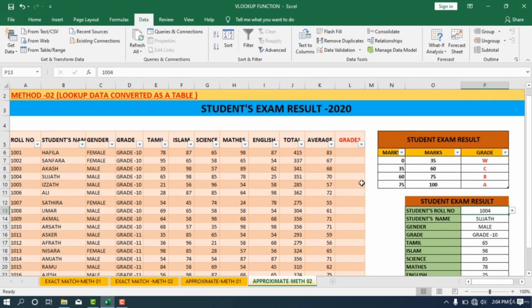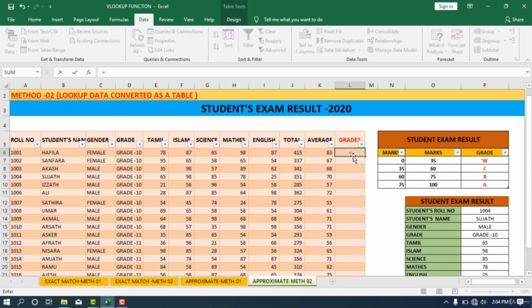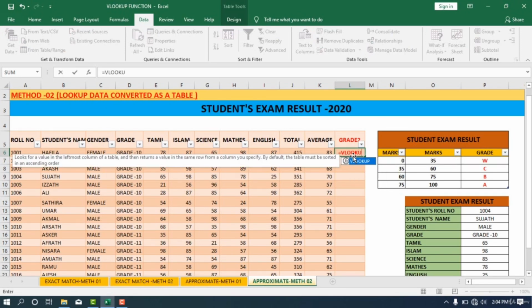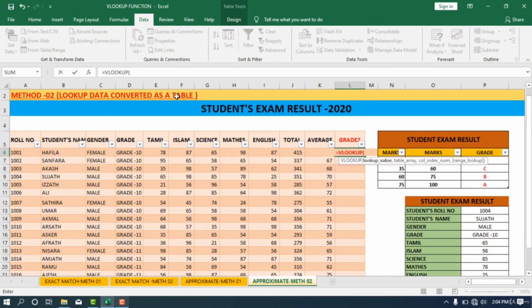And now I'm going to put the grade here also by using VLOOKUP approximate match. How can I do it? It's also very simple. I'm going to put the equal sign here, and first I need to call the VLOOKUP function, start the bracket. What is the lookup value? We are going to retrieve the data based on the average marks. So average marks is our lookup value, comma, table array. We have already set the name as Grade, so if I type grade, it will come,